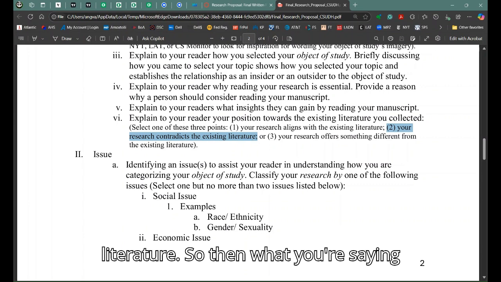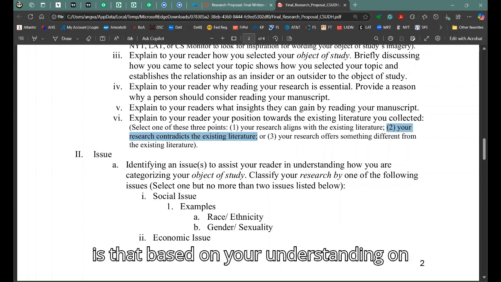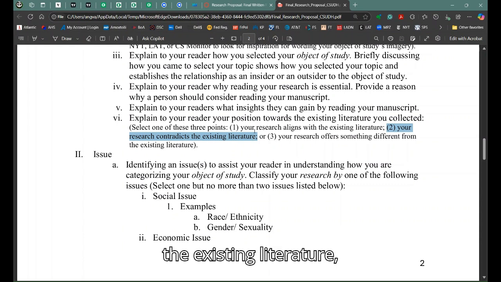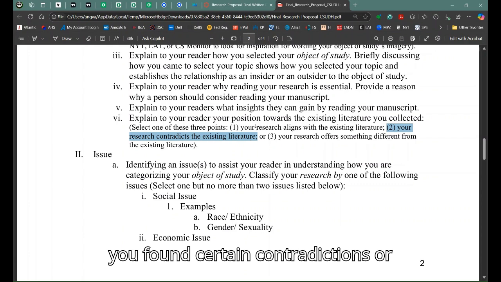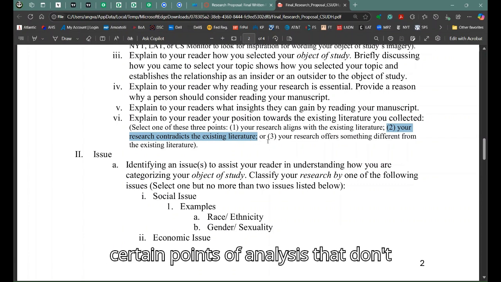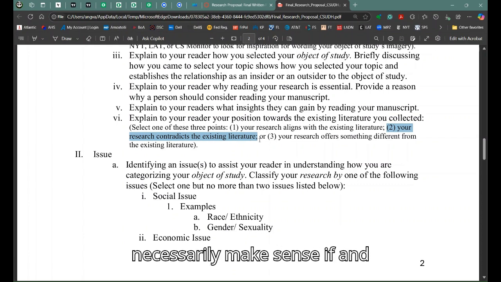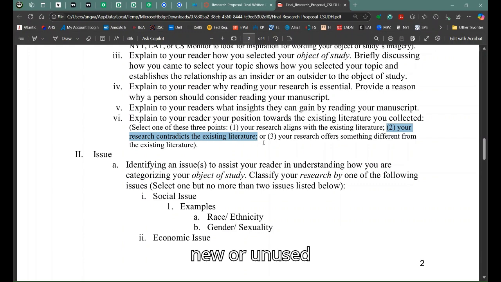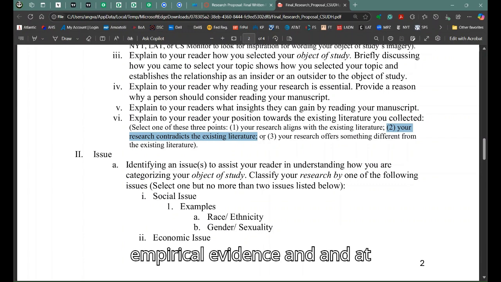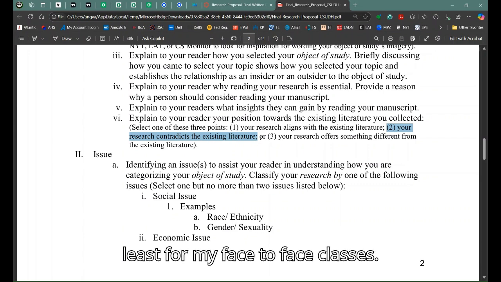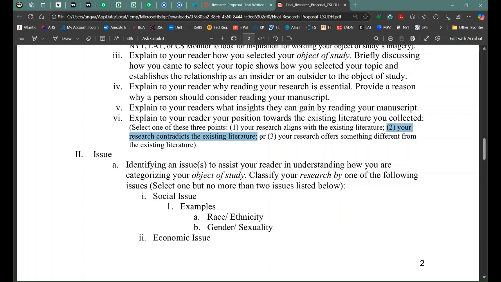So what you're saying is that based on your understanding of the existing literature, you found certain contradictions or certain points of analysis that don't necessarily make sense if and when you introduce new or unused empirical evidence. And at least for my face-to-face classes, I made this point to you when I shared with you